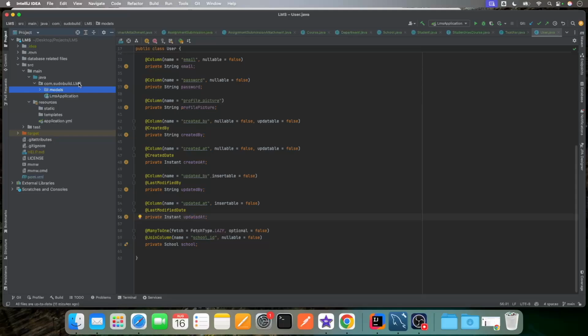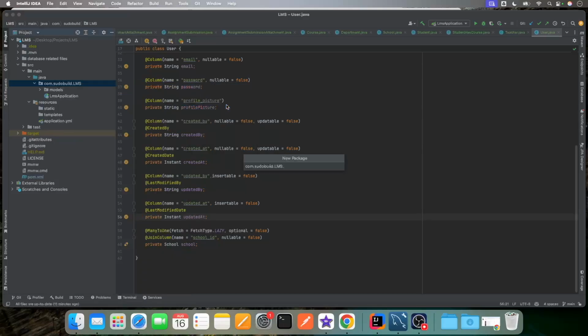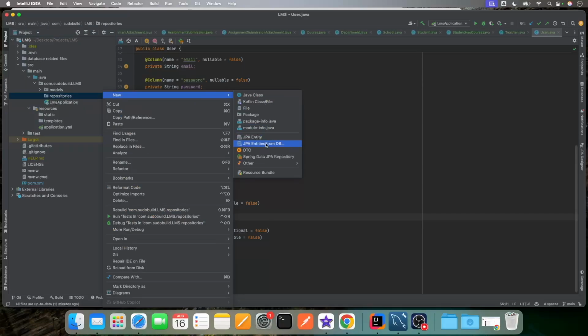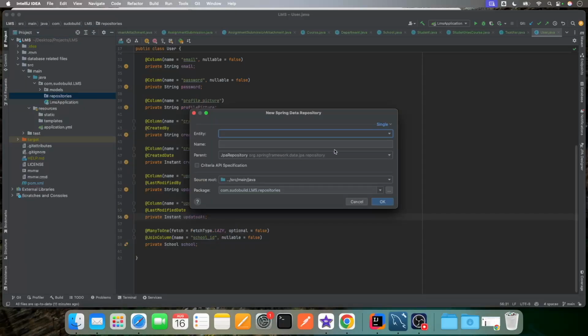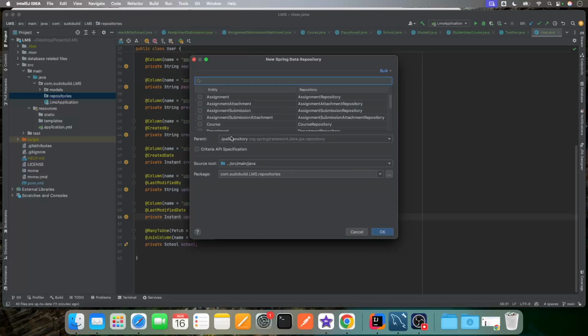Okay, our models are ready now. It's time to implement the repositories now. I'm going to use the dedicated feature of IntelliJ Ultimate to generate the repositories because it's more convenient. But you can also copy and paste my code. You can even type them because repository classes are not too long. I choose all the models listed here except the last two.